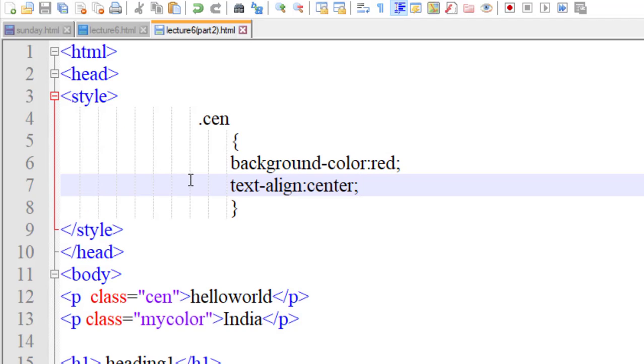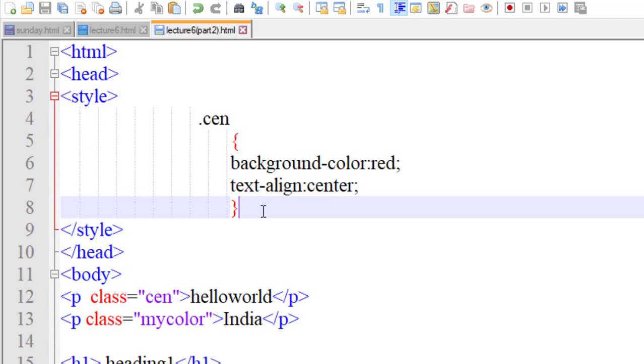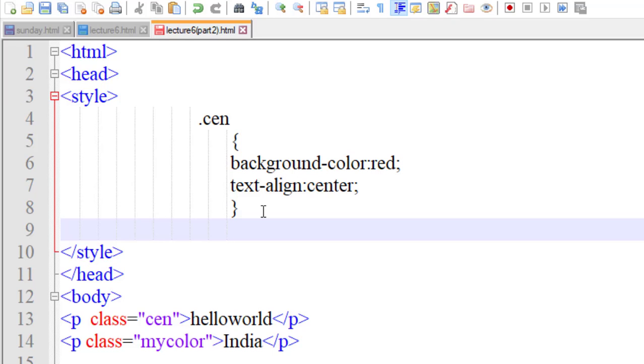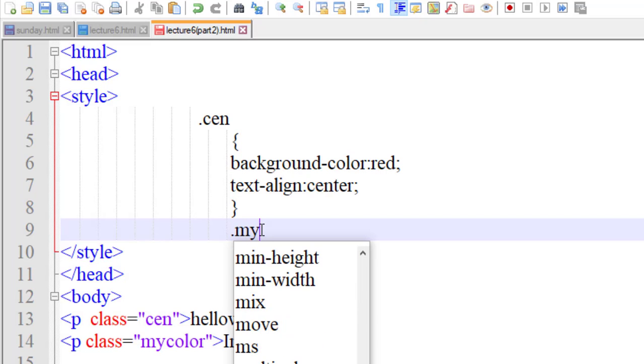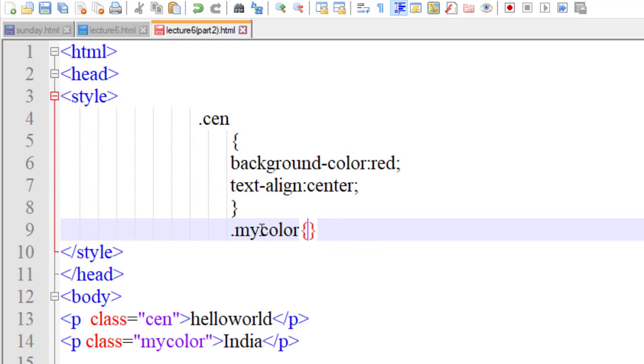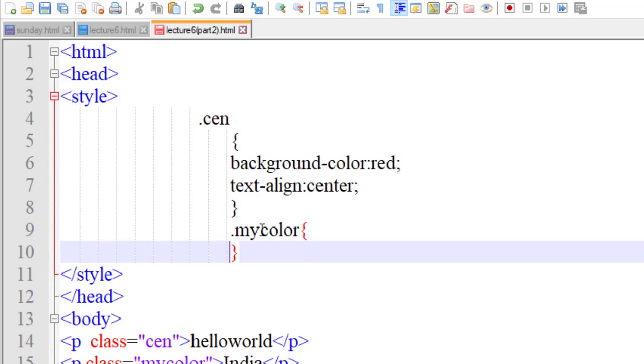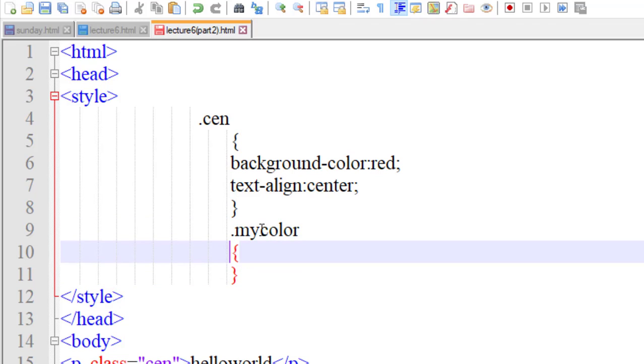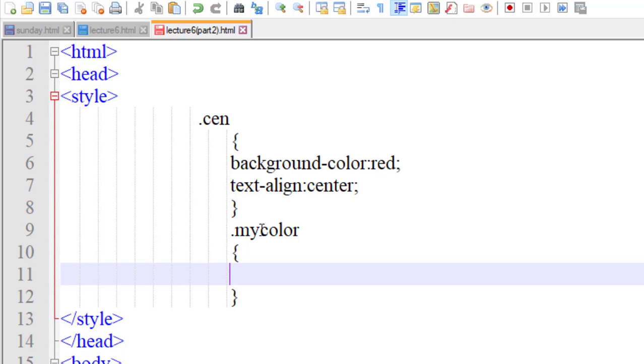Now I also want the second class to be declared. We declared it here, and now we are assigning the functions to the classes. My color is declared here. Now we are putting the functioning here. For that, my color, opening and closing curly braces. In my color, I will set the font color as green.